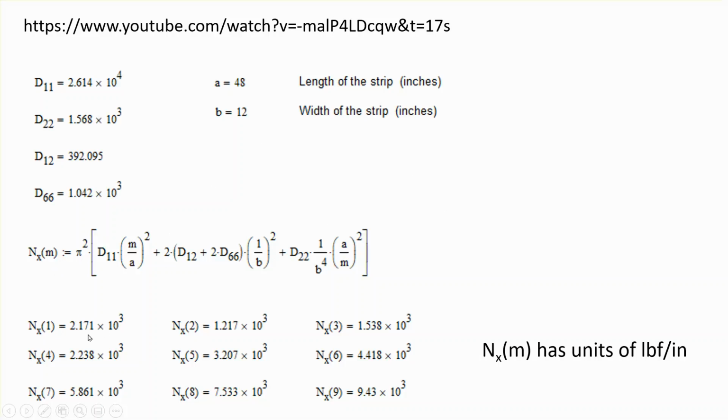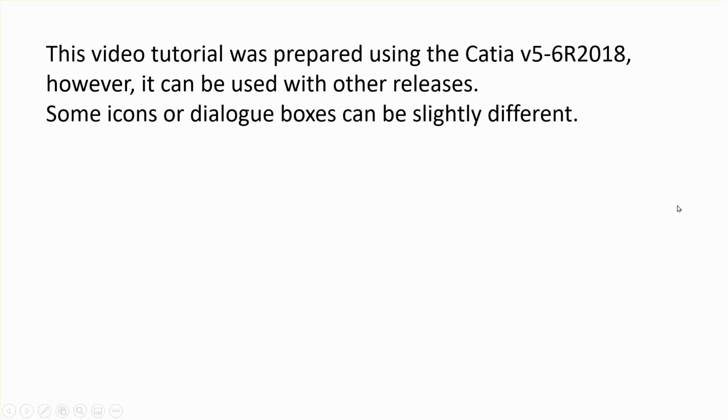Now notice that here, the smallest Nx happens with the value of m being 2, which means it's this 1,217 per inch. Okay, this m means m equal to, in our case, m equal to 2. Okay, now let's not worry about this thing. We're going to put this thing here on the side later. But I also wanted to remind you that this